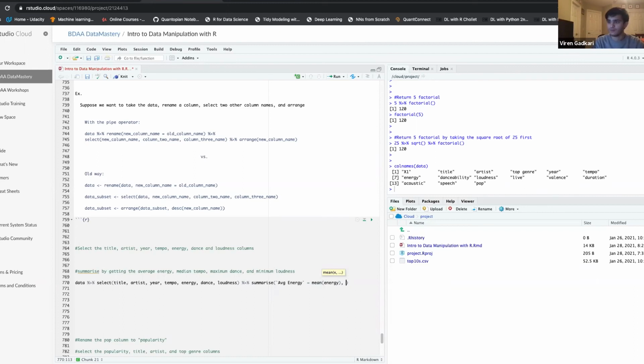Let's do, in this case, I'll just do this to show various column names. Median tempo. So do that, and then median, and pass in the tempo column. Let's get the maximum dance, danceability, and let's pass in the danceability column right here. And then let's get the minimum loudness. So min loudness, and let's pass in that loudness column. So now when we run this,